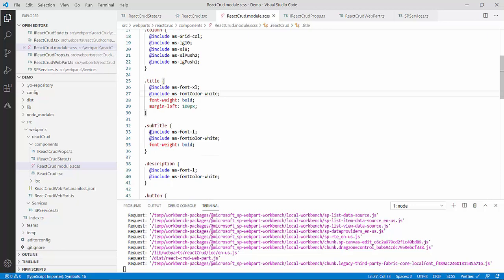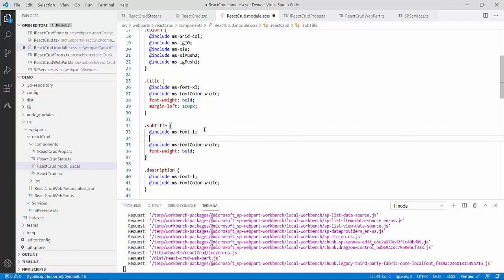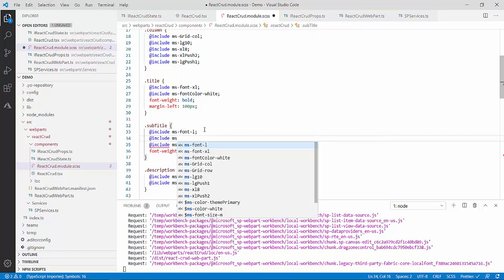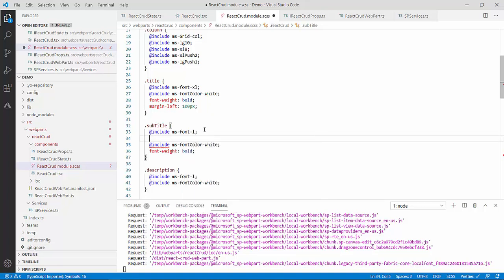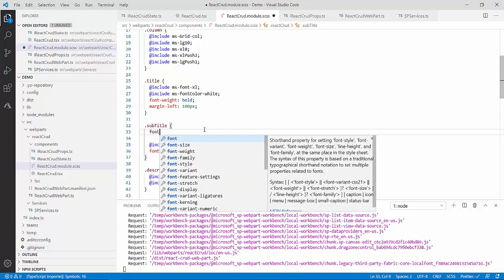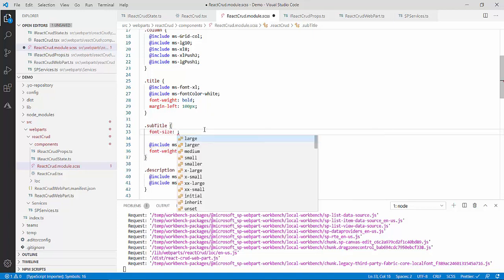Over here we'll explore one more thing. This is the font by default. These are the new things which are there in the SCSS file. If I go and type @include, I will get all the IntelliSense. So if I type ms, the default styling classes which are available, I can use ms-grid, ms-font-size. If I want to give my own font size, so what I will do, I will delete this from here and I will type font-size. I will give 17 pixel.